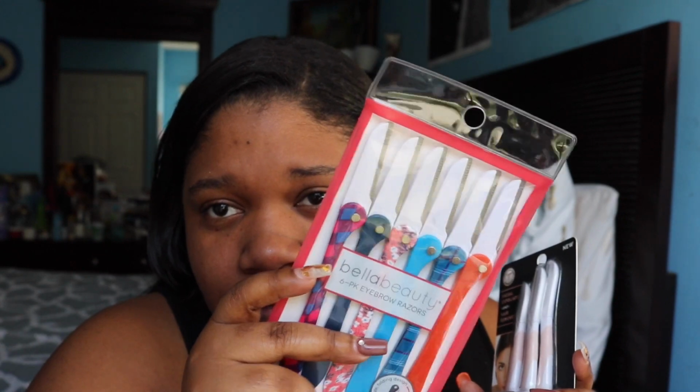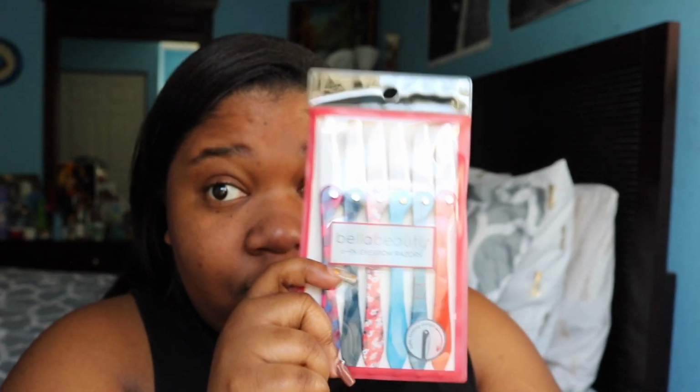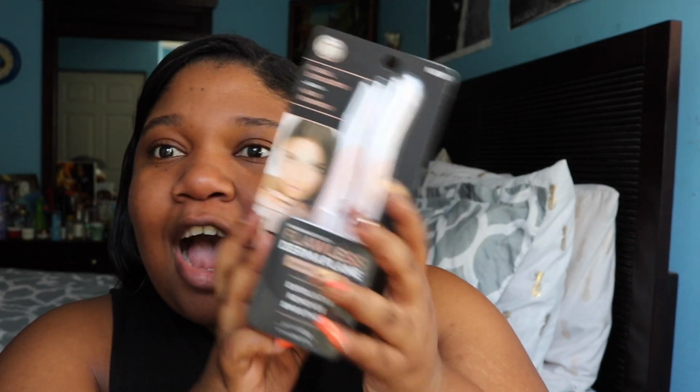Now, usually I use these eyebrow razors, these straight ones here. I bought this pack from Marshall's for $4.99. I switch these out very often because I use them for dermaplaning. I've used them to clean up my eyebrows. And I found at TJ Maxx a pack of the Flawless, which is a Finishing Touch Flawless Dermaplane